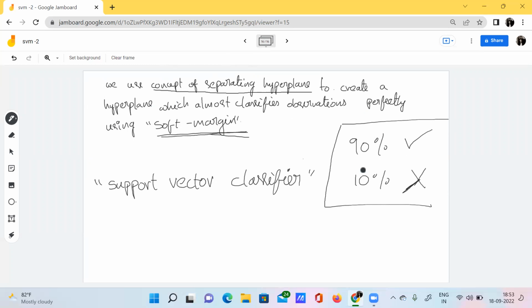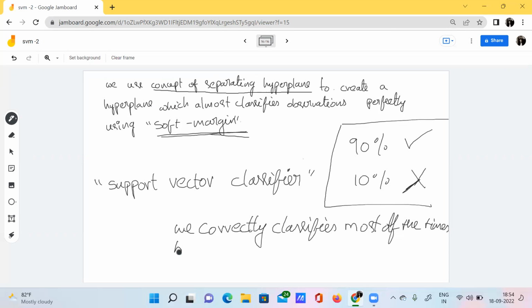See here, this 90-10 is just for example purposes. This is not the exact scenario. Our main agenda is that we correctly classify most of the times, but some observations can be misclassified.